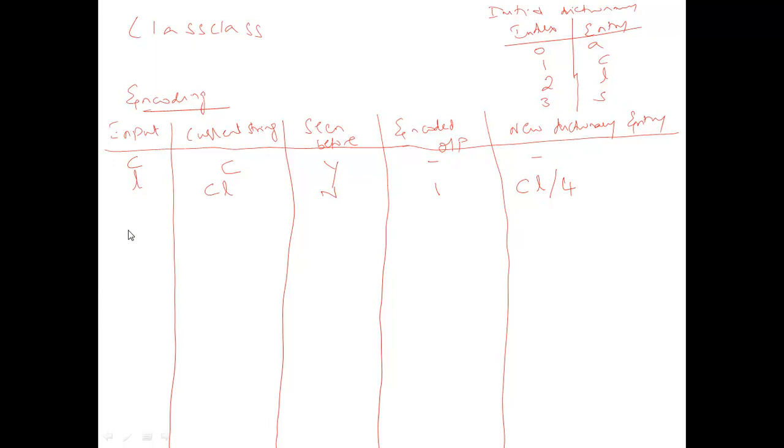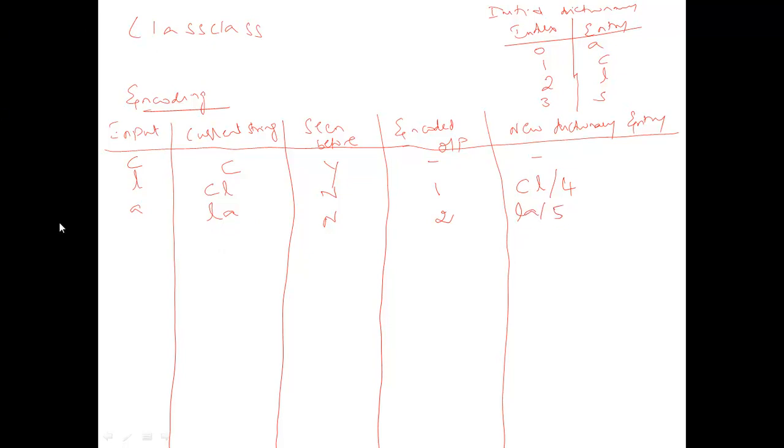The third letter is A. What is the current string? Previous unencoded plus the current input. Already you have encoded C. L alone is left unencoded. So take L. And present input is A. LA, whether LA is there in this dictionary? No. So now you are going to encode only which is previously unencoded. So previously unencoded is L alone. L is in the entry 2. New dictionary entry LA string will come in the new dictionary entry with index 5.